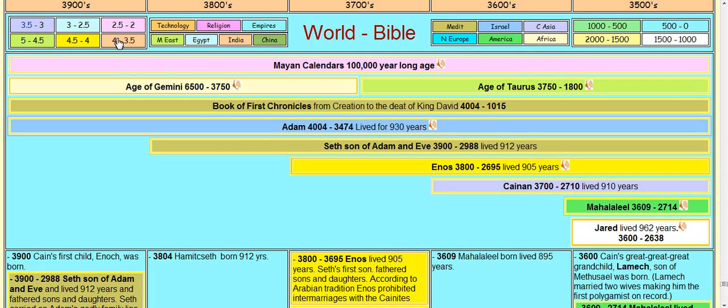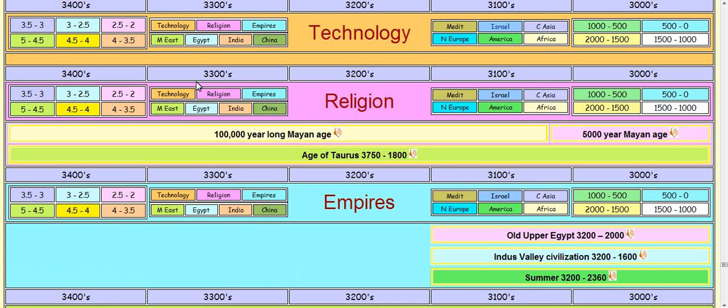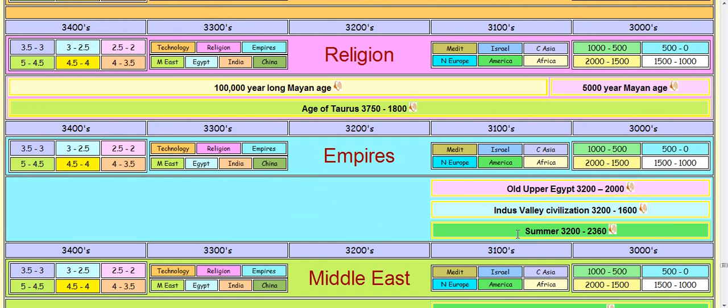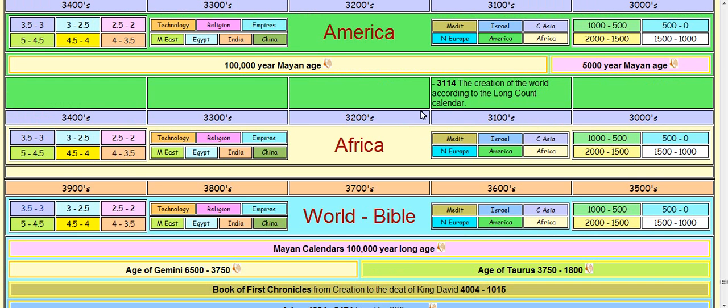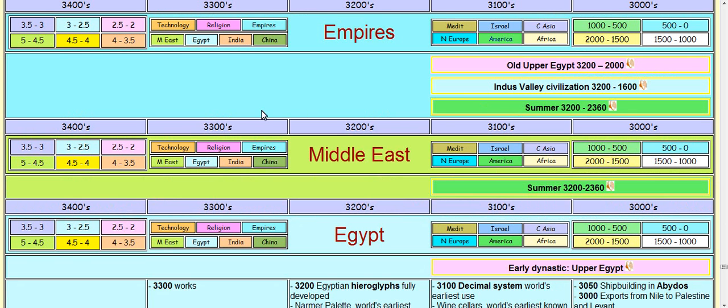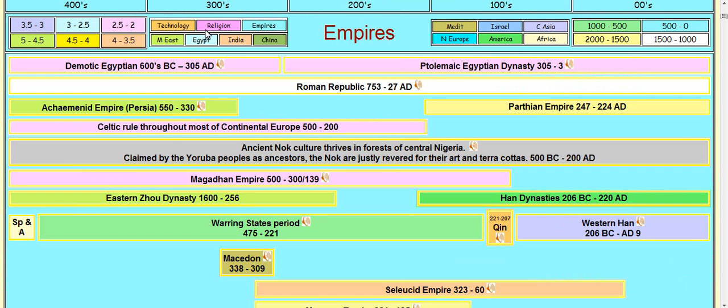Let's see, 3,500. And this time, about 3,200 BC, that's when Old Upper Egypt, the Indus Valley Civilization, and Sumer, they all started at the same exact time, right? But if you look at the Americas, that's the exact time that the creation of the world started according to the long count calendar. It started right here. So, boom, boom. Coincidence? I don't think so,